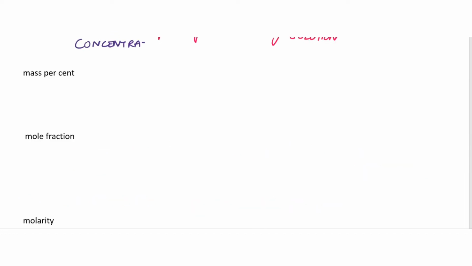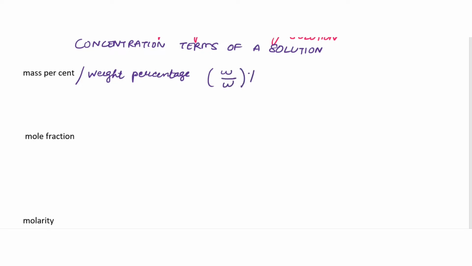Okay, what are the concentration terms which are involved in a solution? The very first term is mass percent, or weight percentage. We denote it as W by W percentage. Simple, which we've already learned. It is weight of the solute by weight of the solution into 100, because it's percentage. Next,